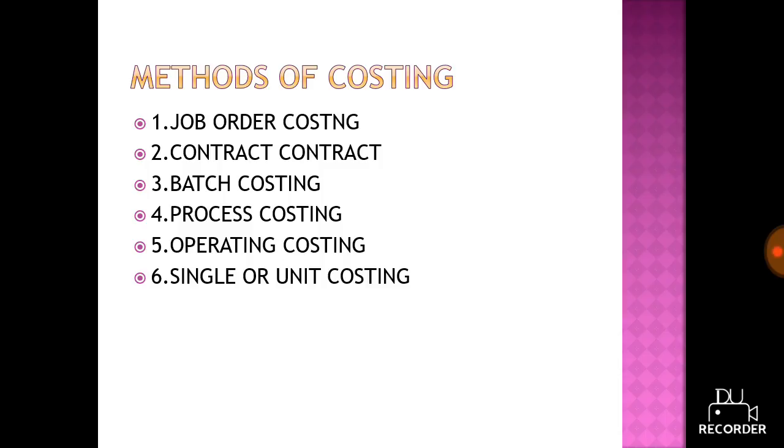The next one is process costing. As distinct from job costing, this method is used in mass production industries, manufacturing standardized products in a continuous process of manufacturing. Costs are accumulated for each process or department. Here, raw material has to pass through a number of processes in a particular sequence for the completion stage. In order to arrive at the unit cost, the total cost of a process is divided